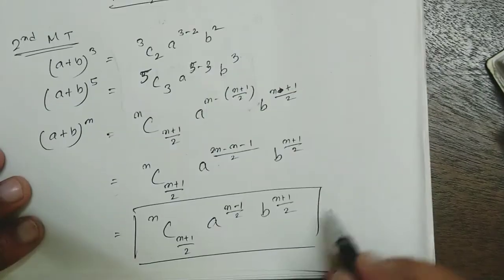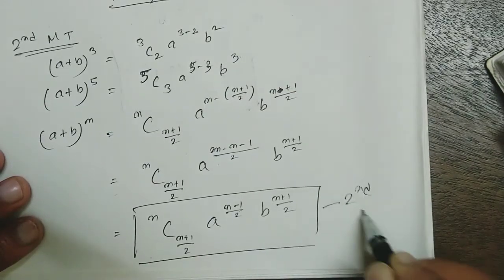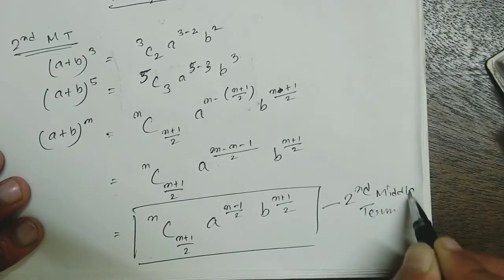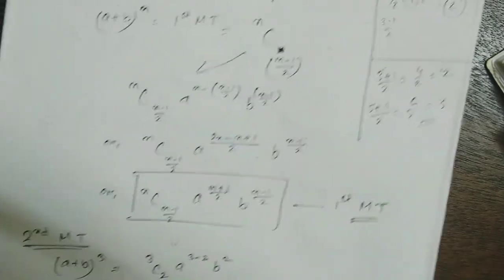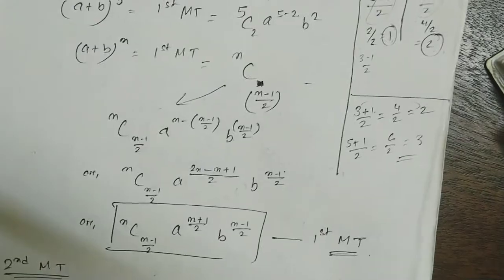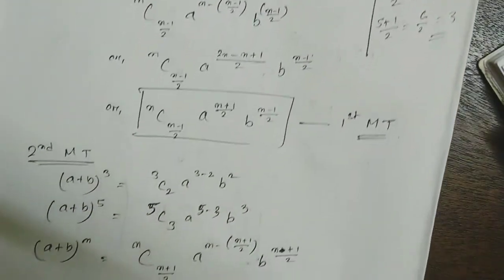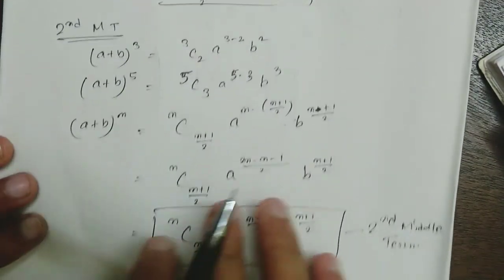Okay, second middle term. So আমার যদি even হয় then simply one middle term. যদি আমার odd হয় then there would be two middle terms. Okay,